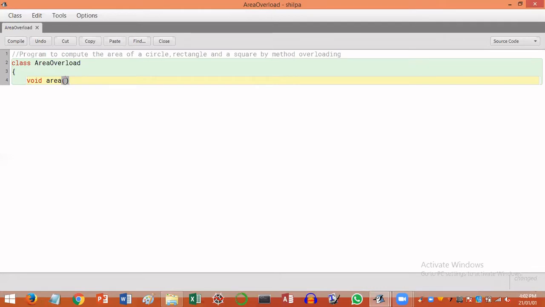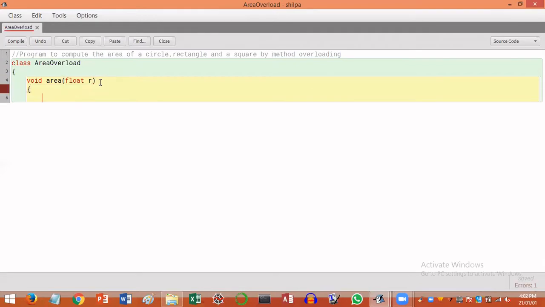To compute the area of a circle, you need the radius of the circle. So I'll take that radius value as an input. Let me assume the radius is of float type. So I'll take the parameter of float type, and define a variable r of float type.